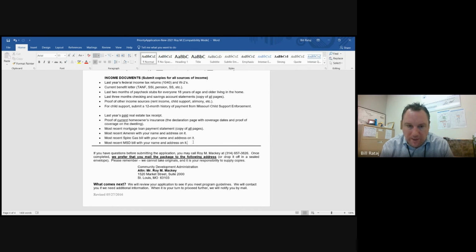Otherwise, they're not going to be able to sign off on the permit and inspect the work to make sure that it was done properly, that there aren't any leaks or anything like that. It was done up to code. So you are going to have a copy of your water bill, and your water is going to have to be turned on. If it's not turned on, we're not going to be able to,